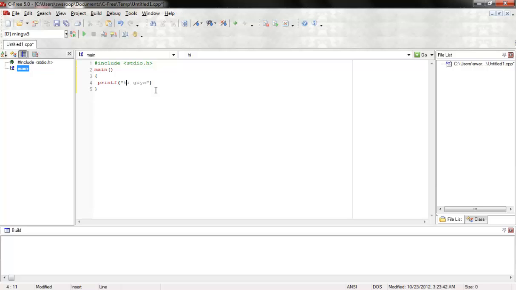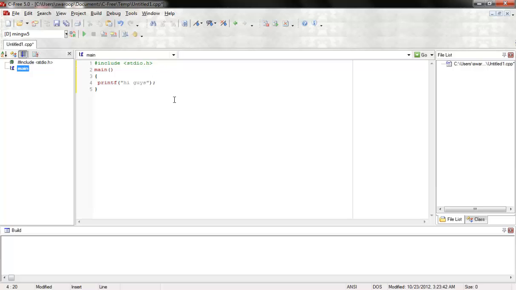In this case, we want to print hi guys onto the screen, so we'll put it in double quotes and keep it in the brackets, and every statement ends with a semicolon. The semicolon indicates to the compiler that the line has terminated there, otherwise it will throw you an error. And that's it. We have basically written your first C program.